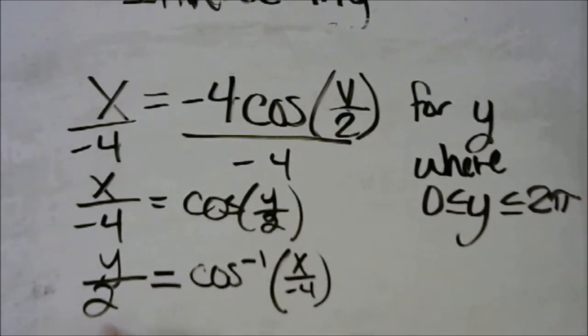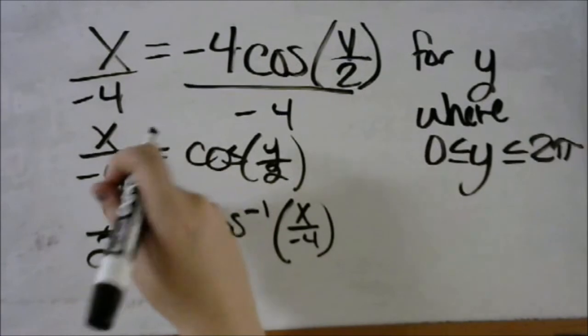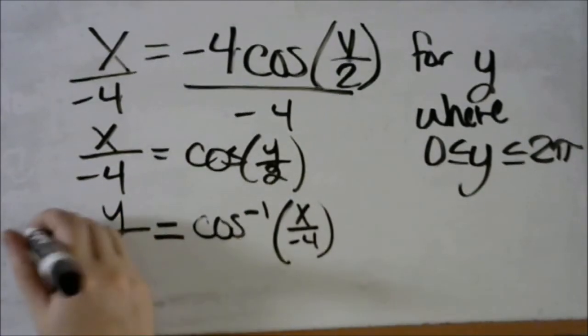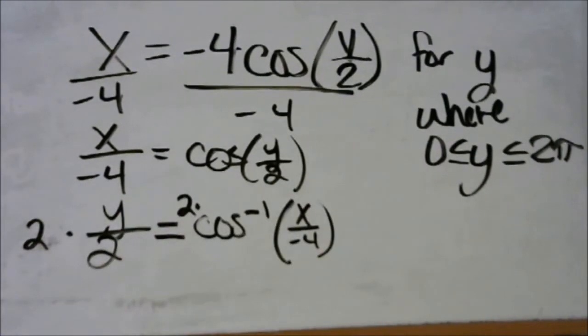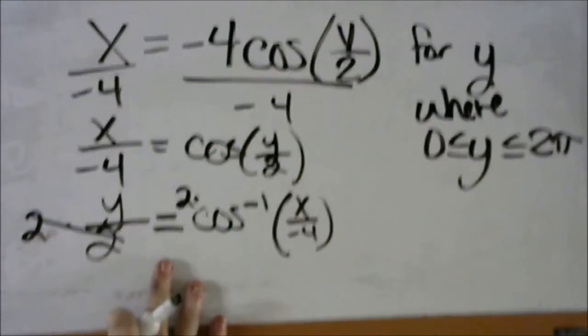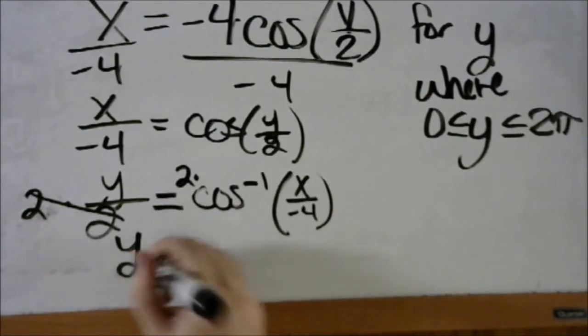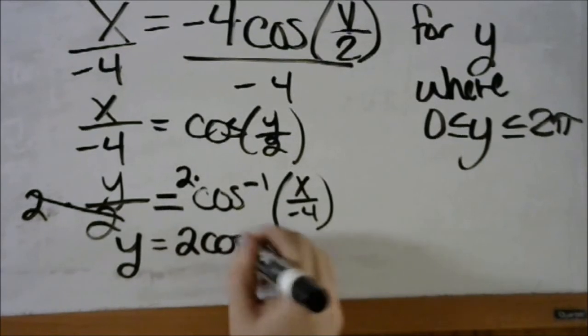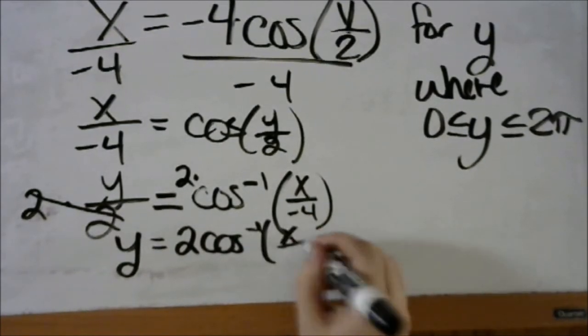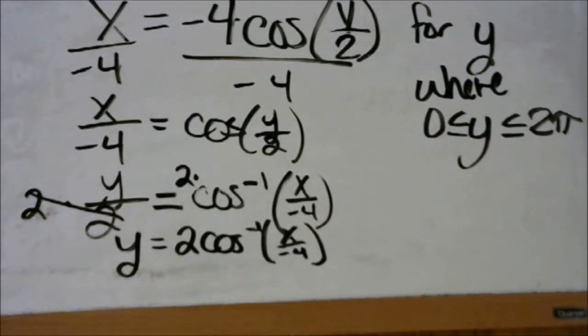Last step to solve this equation for y. Right now it says y divided by 2, so we're going to multiply both sides of the equation by 2. That leaves me with the new equation y equals 2 cosine negative 1 of x over negative 4,